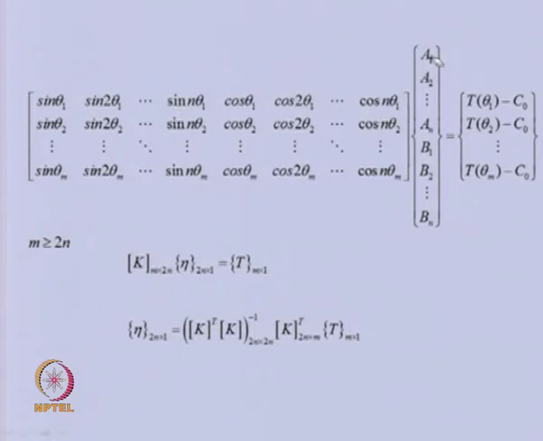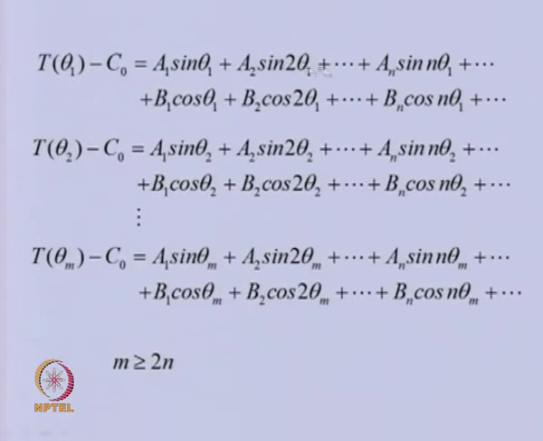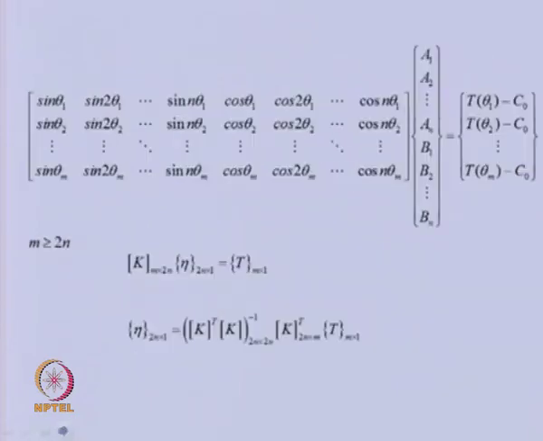You can see that there are 2n unknowns in the form of A and B, which I have put in this vector. This is all the terms. So, if we see the previous equations, the terms which were in the left hand side I have arranged in this particular form, and all the terms which were there in the left hand side I have brought here to the right hand side. So, you can see that these are a total of m equations, which is either equal to 2n or more than 2n.